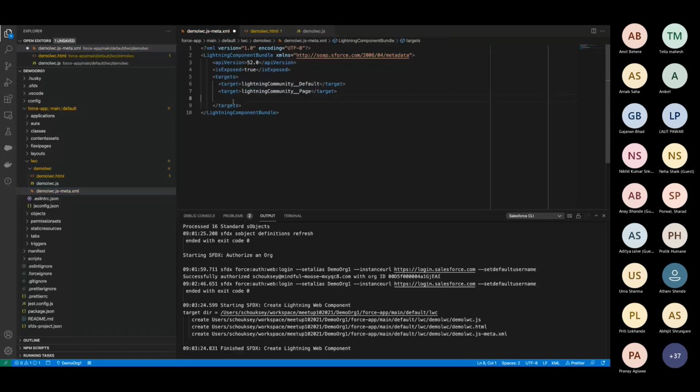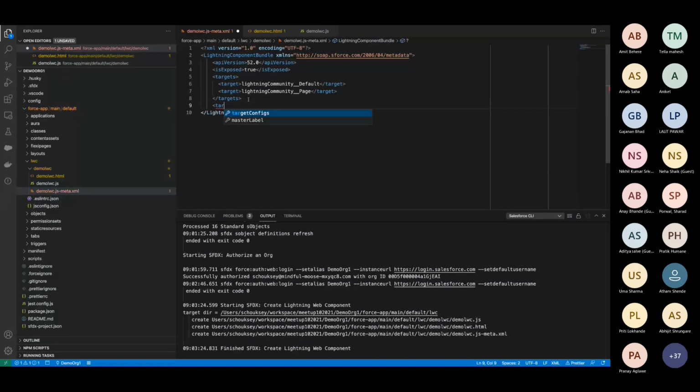Now we will create one feature because we want to make this label dynamic. So we will also set it up so that when we drag and drop this component from experience builder, we can pass whatever value, the way we did with the welcome component. The same thing we can create using the custom one.